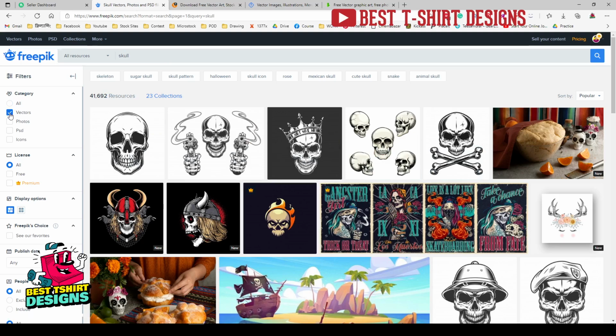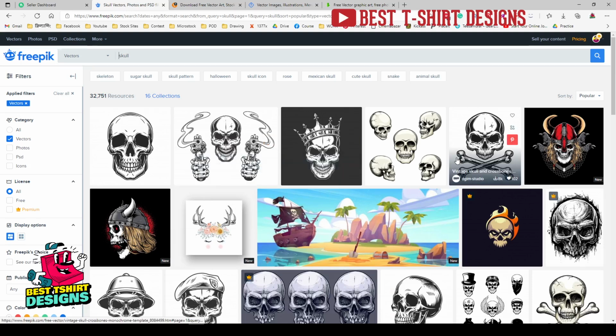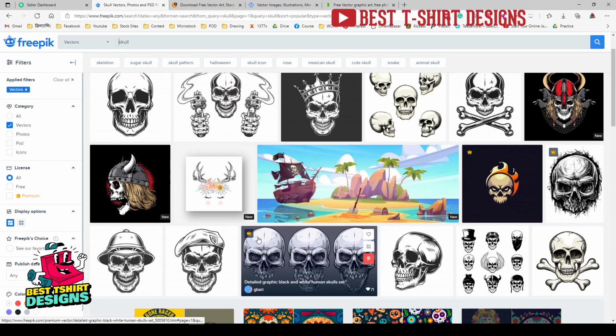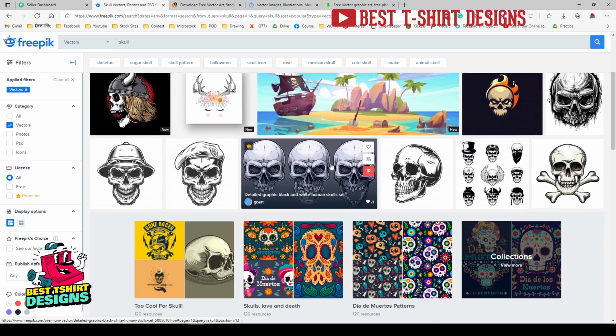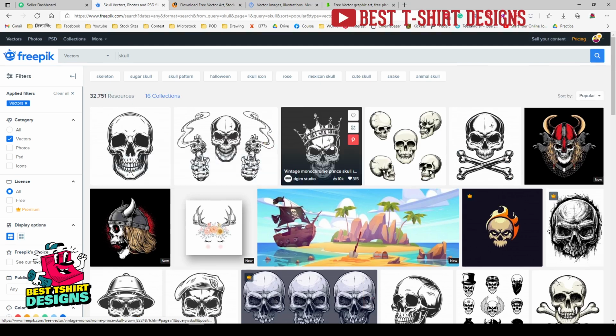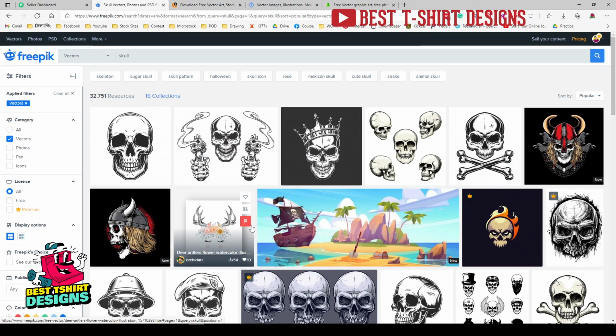We can add this vector check mark here, that will show us whatever is related to that term and is in vector format also. And you can see some of them have this premium icon, this crown icon, that means these are premium vectors. If we want to use or download them, we have to buy a premium subscription of freepik. And here are some others without any icon, that means these are free to download. What is a premium and what is a free vector graphic, I will discuss a bit later, but let's just try to understand this process, that there are some premium graphics and some free graphics.